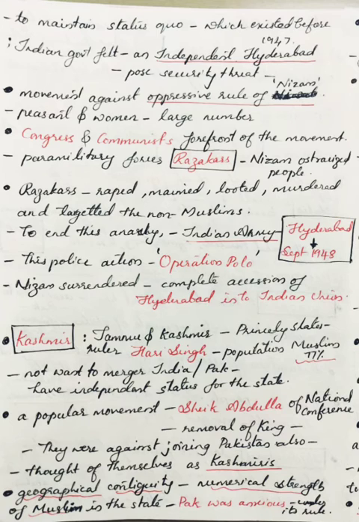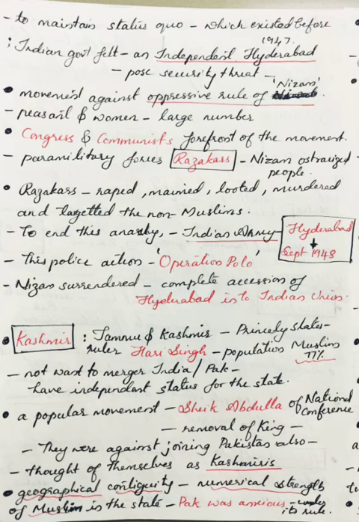They were against joining Pakistan also. They thought of themselves as Kashmiris, Jammu and Kashmiris, in view of geographical continuity, meaning continuous existence. You can see that Jammu and Kashmir sometimes belongs to India and Pakistan. So in view of geographical continuity and the greater numerical strength of Muslims in the state, Pakistan was anxious to bring